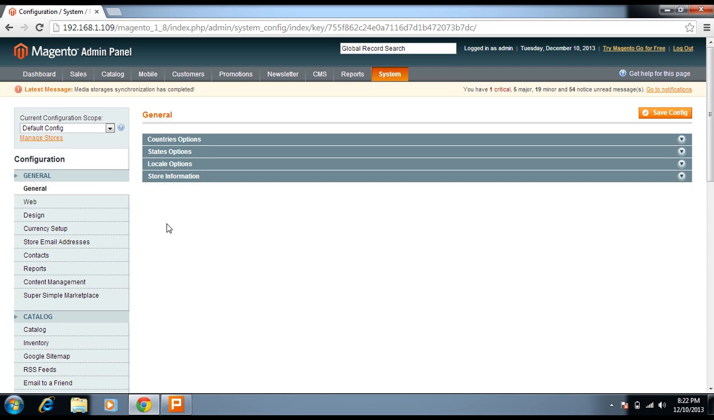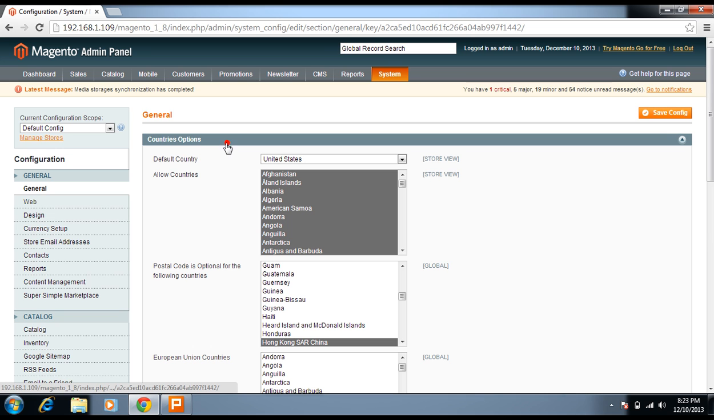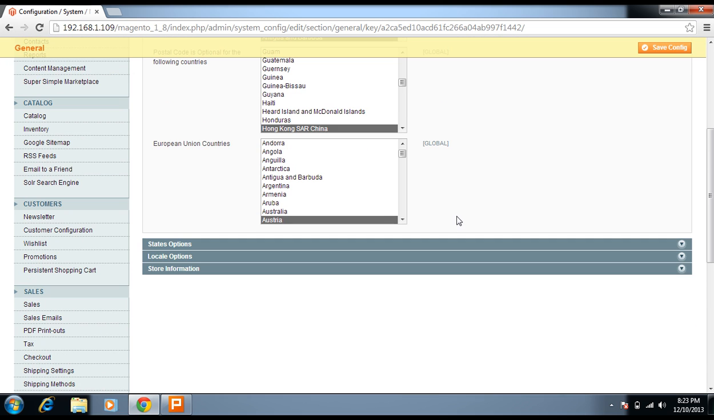So first of all, we will start from general. In the general section, I have clicked on the general tab. So you can see that there are 4 groups. First one is country options. You can see that there are 4 fields: default country, allowed countries, postal code is optional for the following countries,